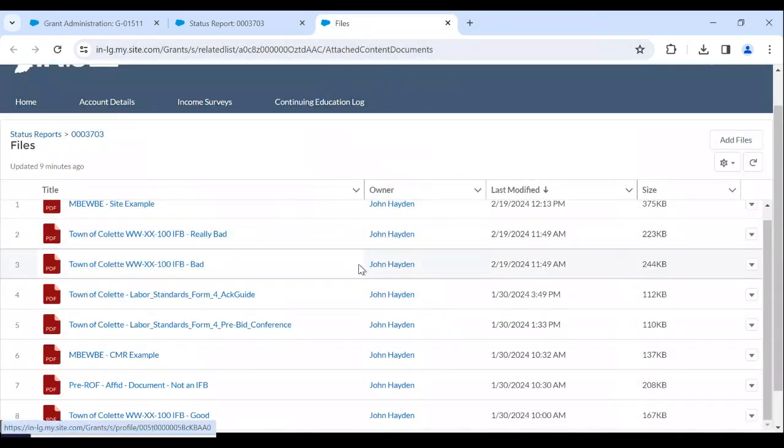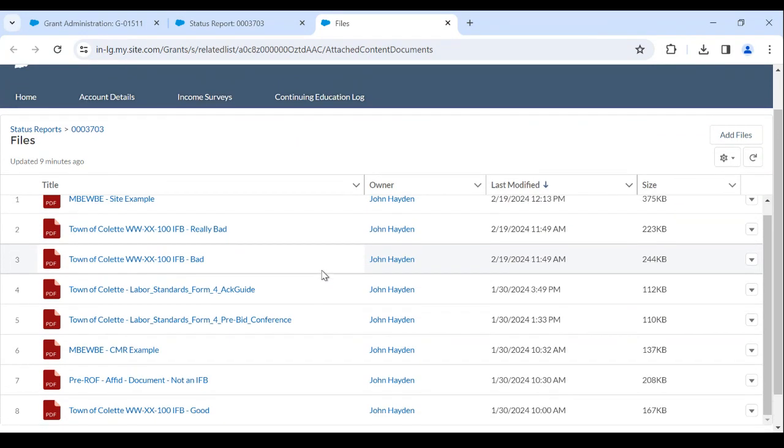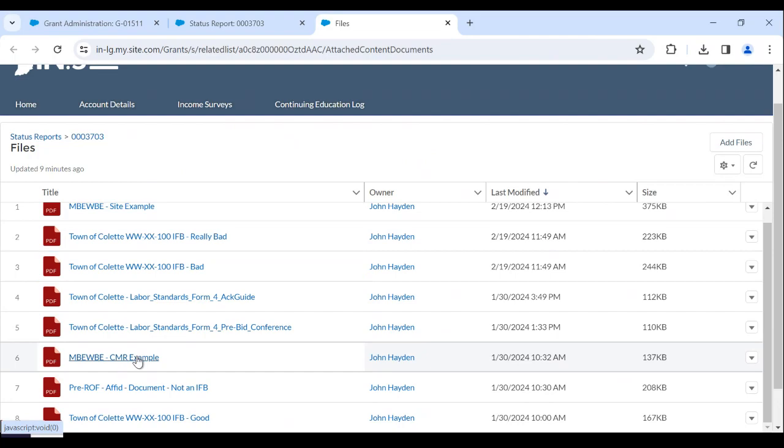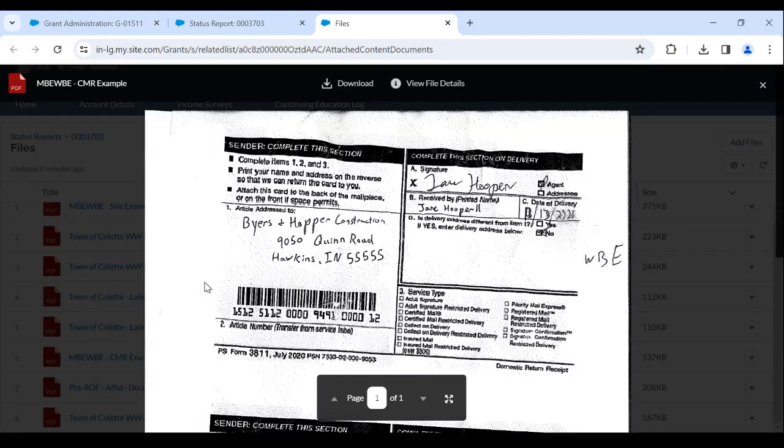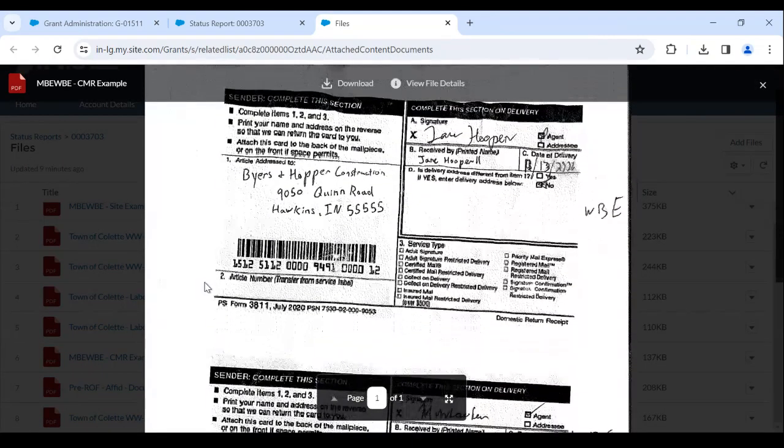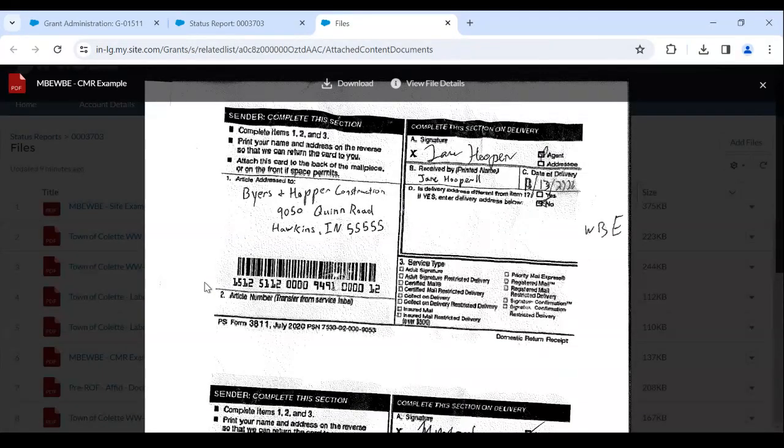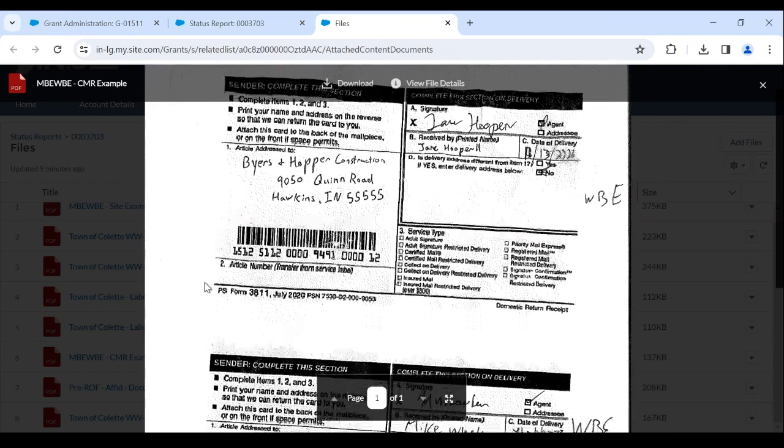And then for the last part of my pre-release of funds report is the certified mail receipts. So this is talking about the MBE/WBE. So these are just the actual receipts themselves that we're looking at. Once we receive those, we will check all that information against IDOA's website,